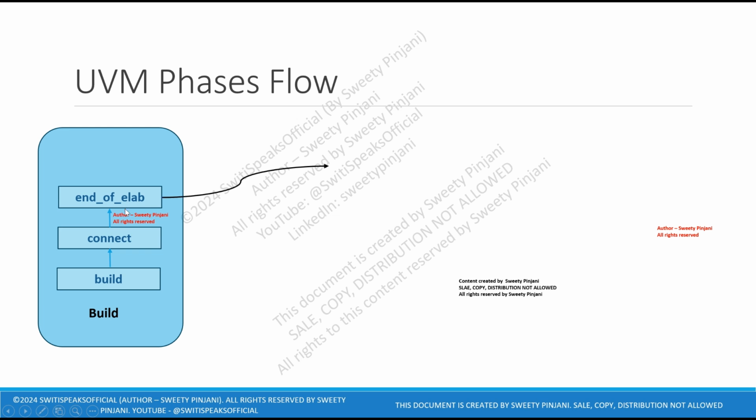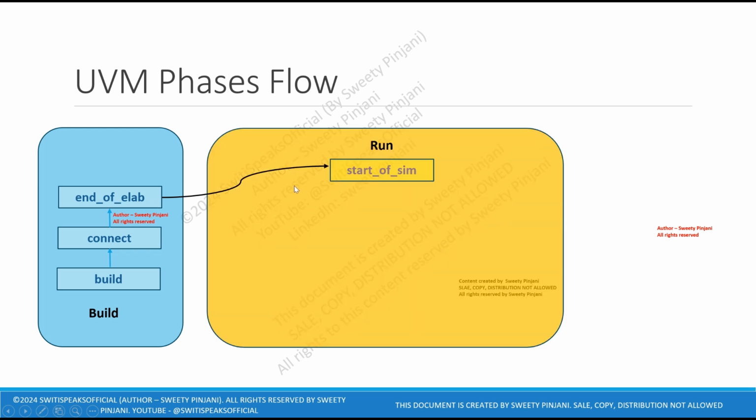After the build phase, we have the run phase. Until the build phase is completed, we can't move to the run phase. This will complete in sequence. First build will happen, then connect, then end of elaboration, then the run phases will start. In the run phases, we first have start of simulation, where you can display some